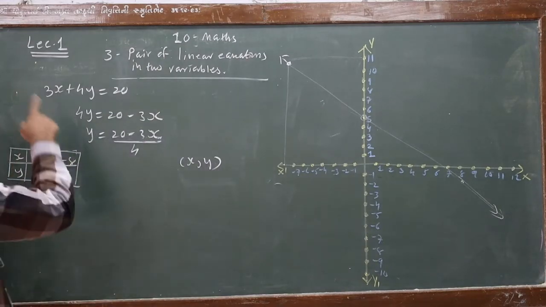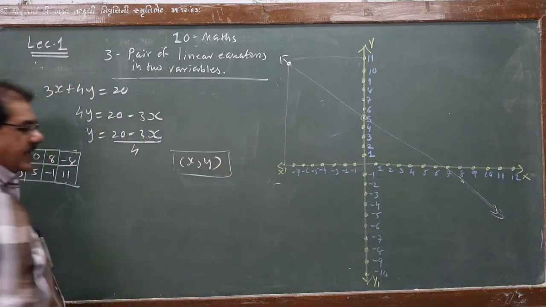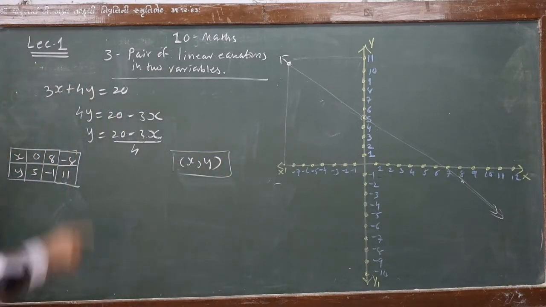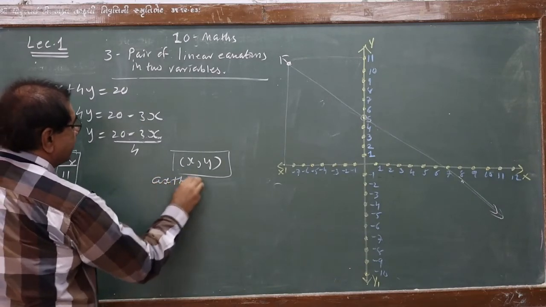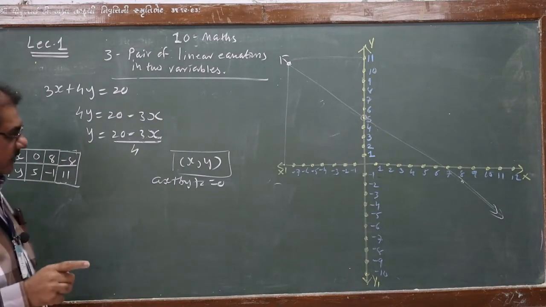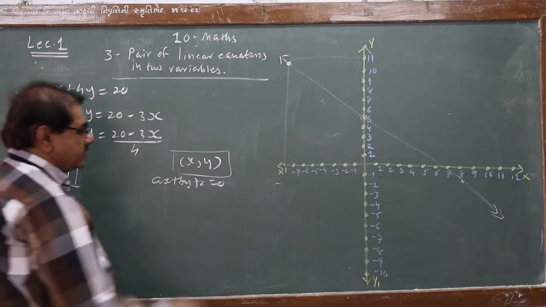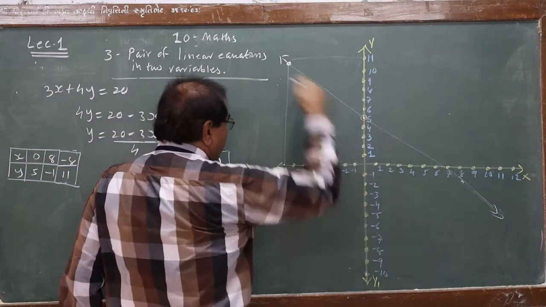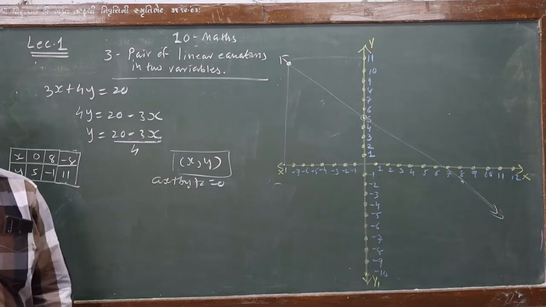In short, every point has an ordered pair x comma y, which is called a solution of this equation. So every solution x and y of the given equation ax plus by plus c is equal to 0 corresponds to a unique point on the line which represents this equation. I repeat,